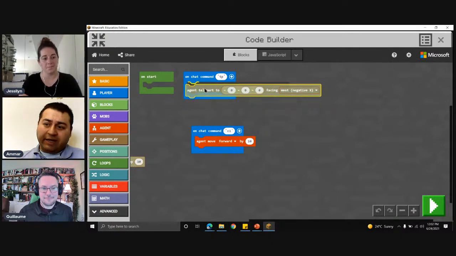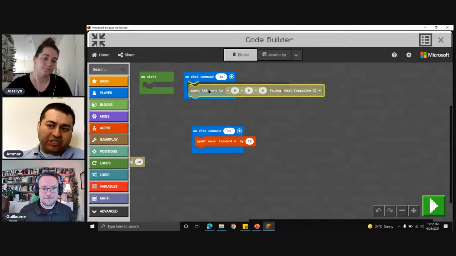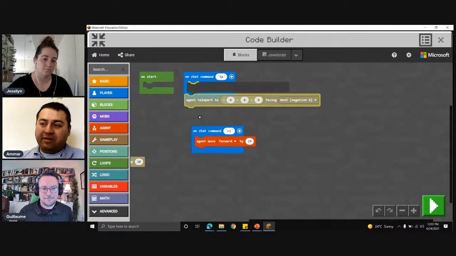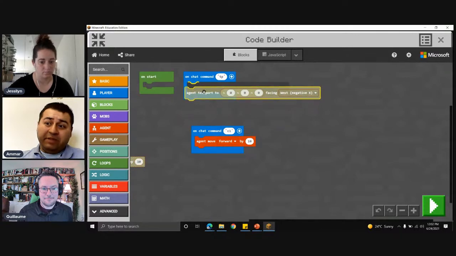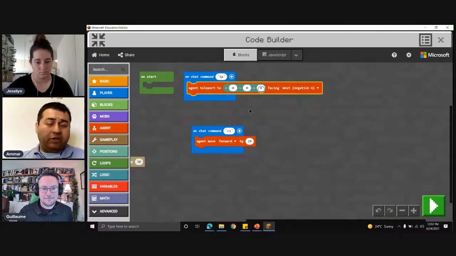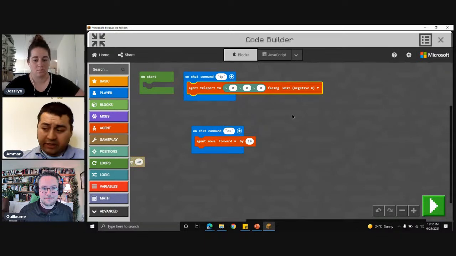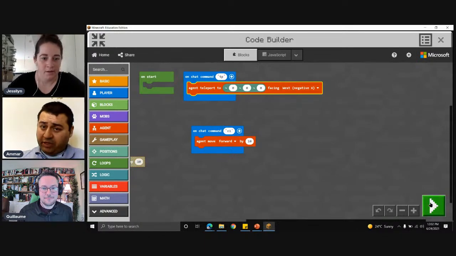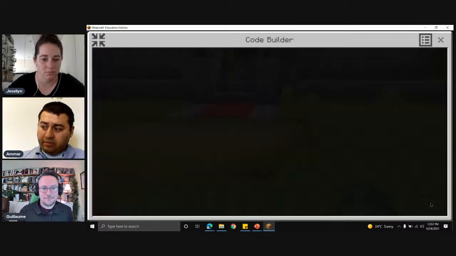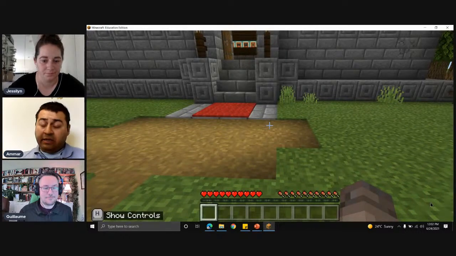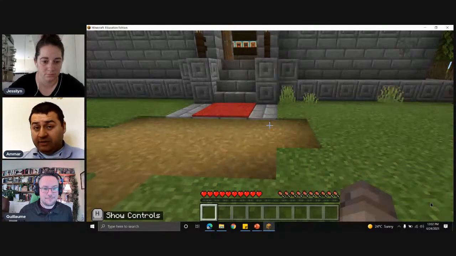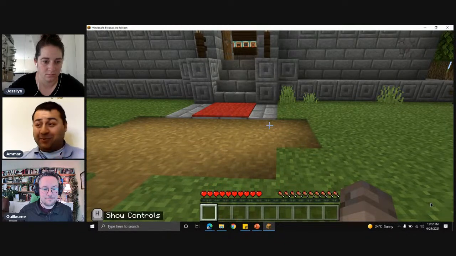You want to make sure you drag it up. You notice how the top of that on-chat command gets a little yellow? That's how you want it to be. Let go. Make sure it's connected. Make sure it's orange. And you probably did that right. That's fine. Sometimes other things break. The other thing I want you to make sure that you did is press that green play button. Make sure you press the green play button. You might have done that right. Other things can break as well.